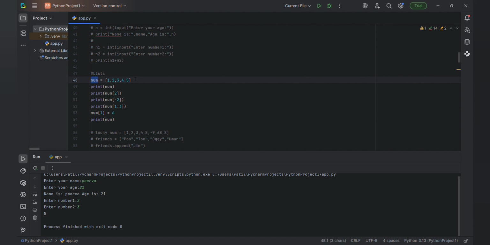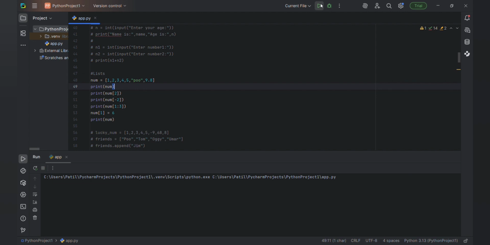This is called a list. You can store not only numbers but multiple data types in one list, like 9.5 and so on. Print num will print this list.